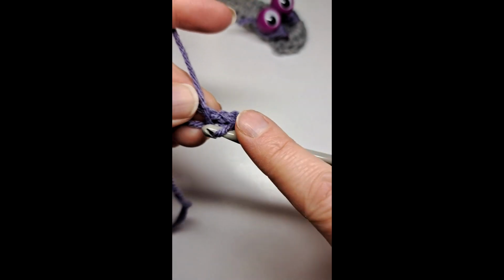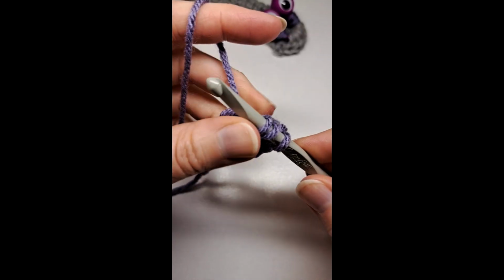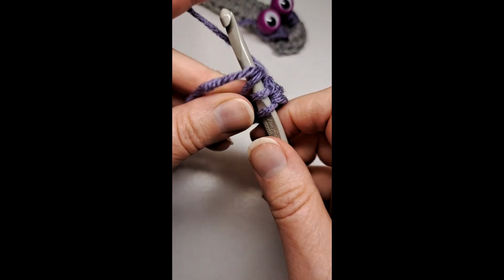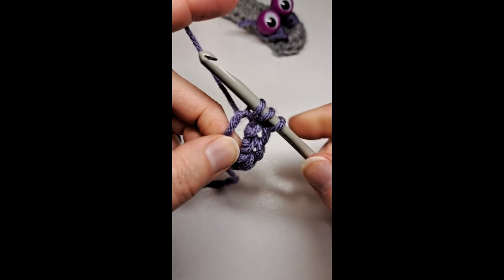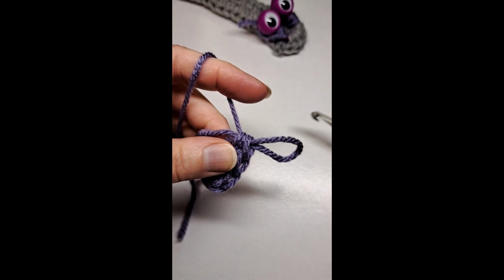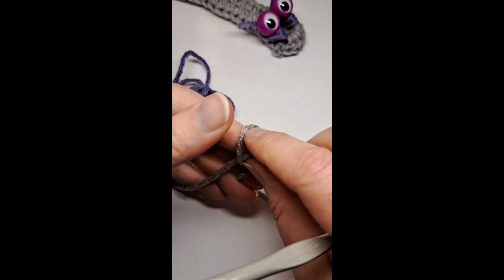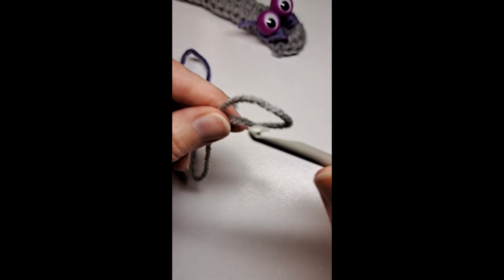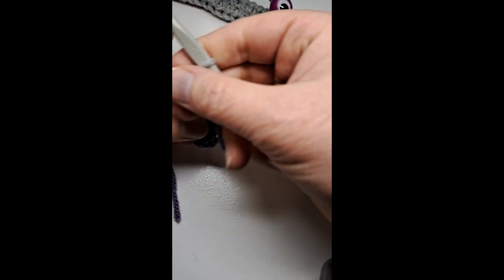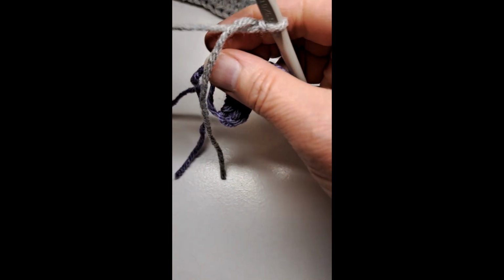There's 1, there's 2, 3, and here is 4. So there's 4 half double crochets in the magic ring. I take my gray and make a slip knot, tighten it on my hook. And I'm going to single crochet that gray